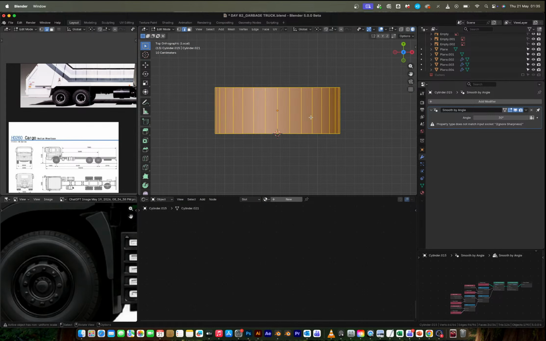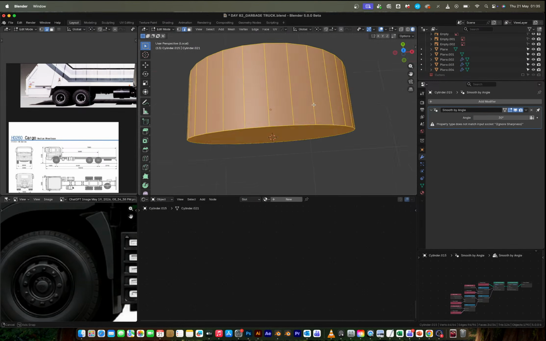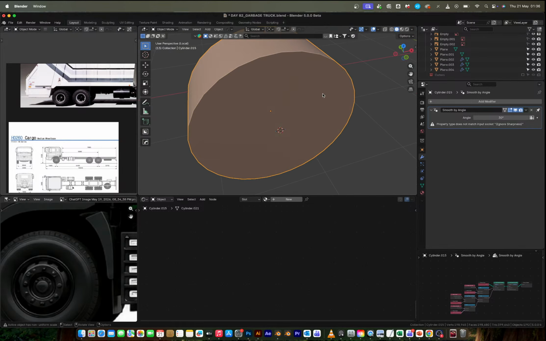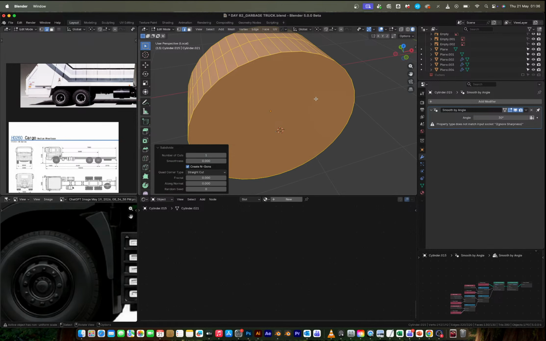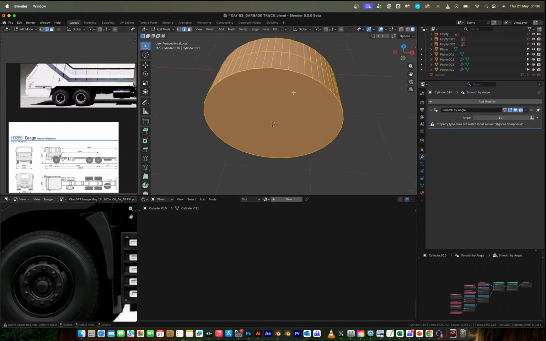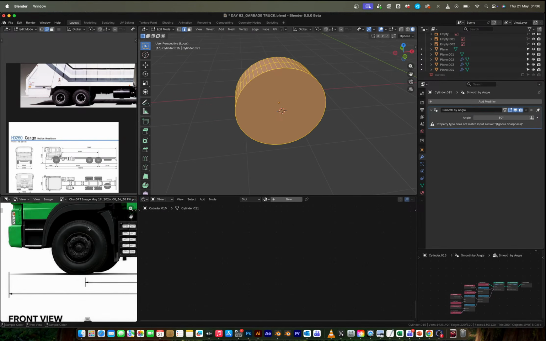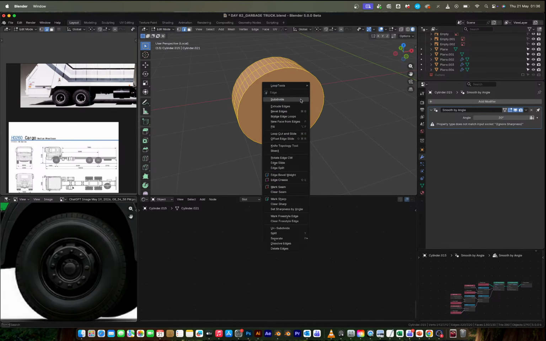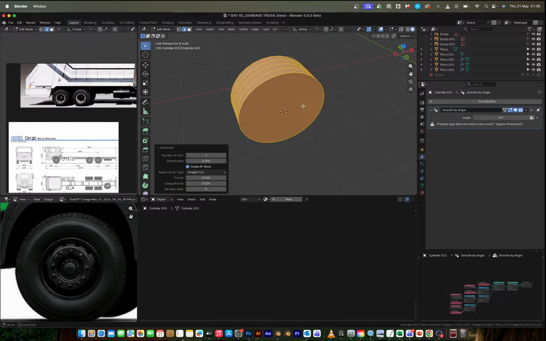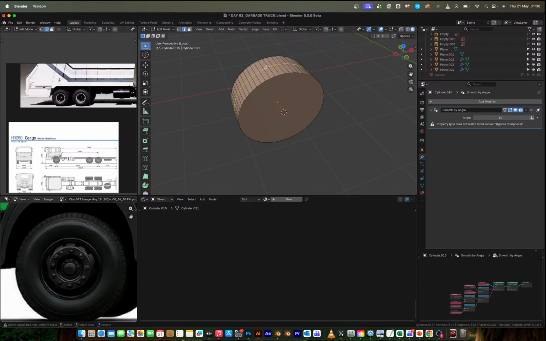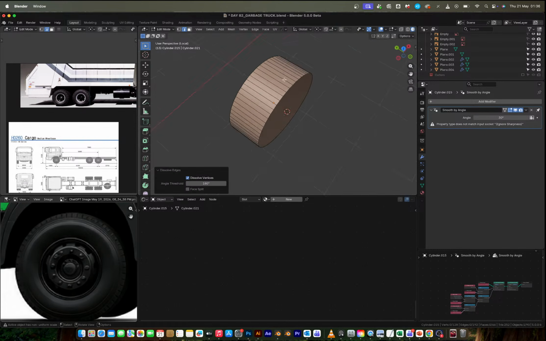I'm going to isolate that. And in order to make this smaller, how do I do this? Can I subdivide? Yep, I think I can subdivide. But in subdividing, is that enough? Can I subdivide again? No, I think this is what I'm going to use. So I'm going to